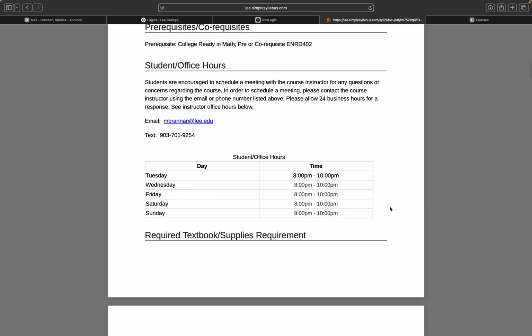Because I also teach at another college, I can usually do office hours for you guys anytime after 8 o'clock, pretty much 7 days a week. I do have a later class on Monday and Thursday that runs to 9, so that's why I didn't list Monday and Thursday here. Saturday and Sunday, of course, I'm available.